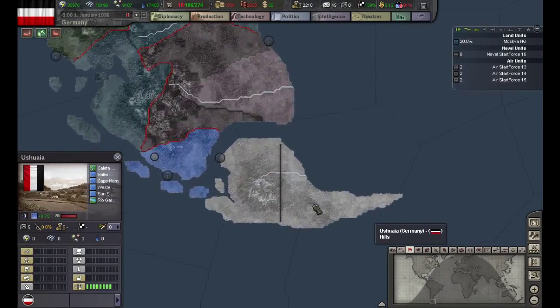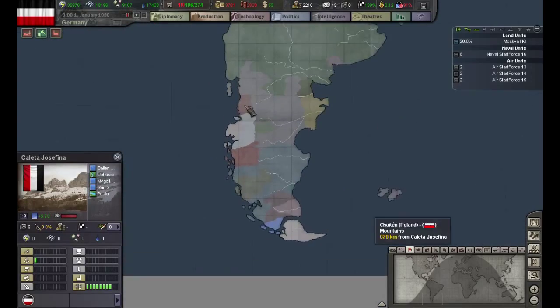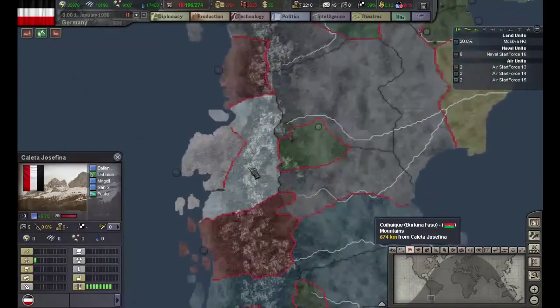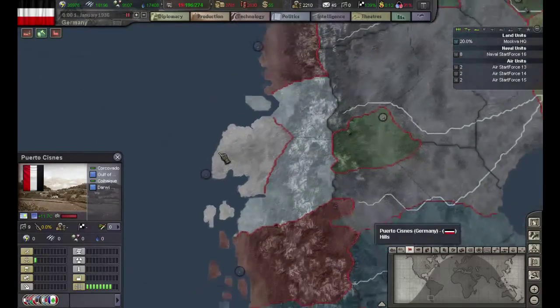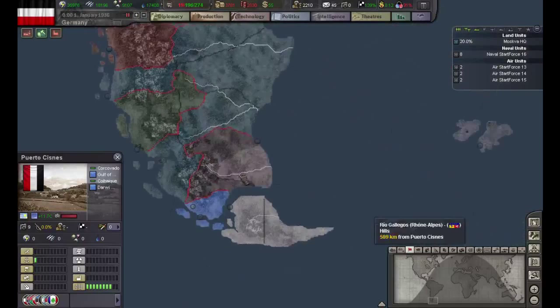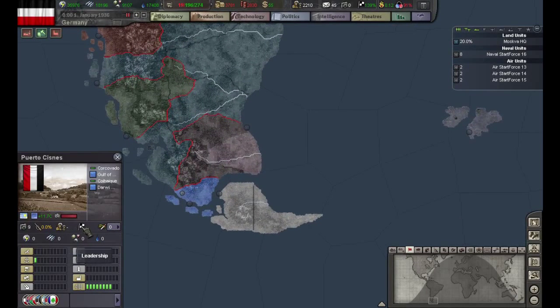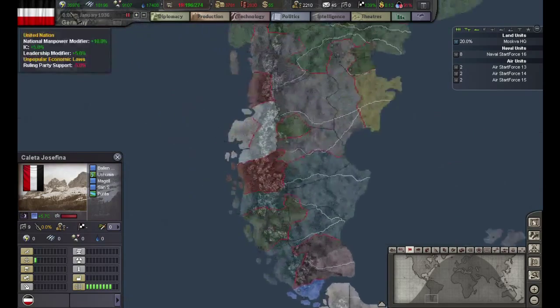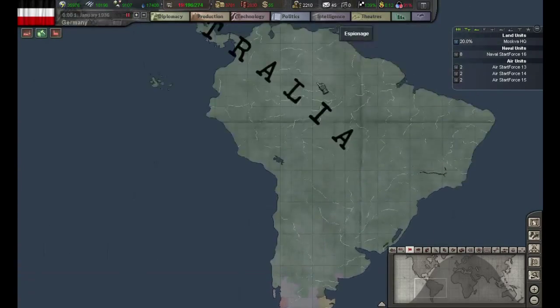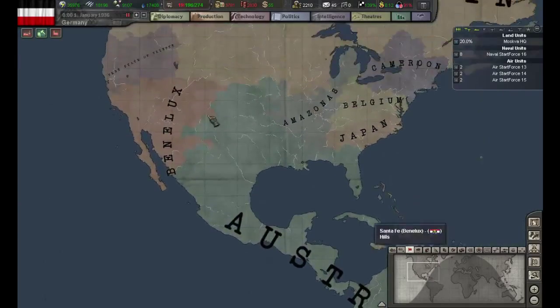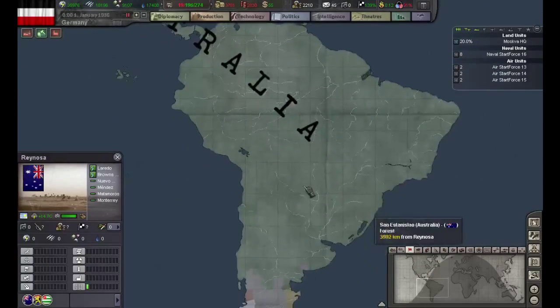Okay, this island is useless to us, except as a base for moving on to somewhere else. And this little enclave here is also useless to us. It gives us no manpower, no leadership, no resources, nothing. We could turn them into fortresses, places from which to launch our invasion of, say, holy cow, Australia, which controls